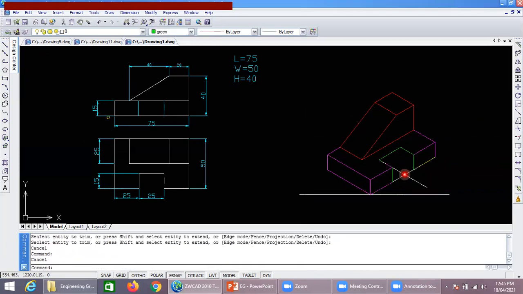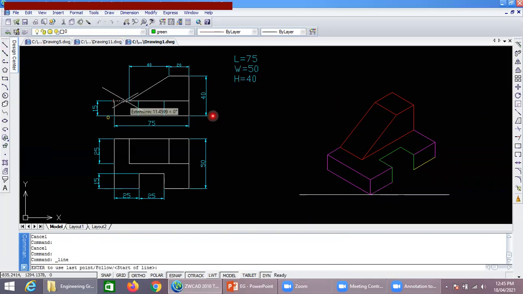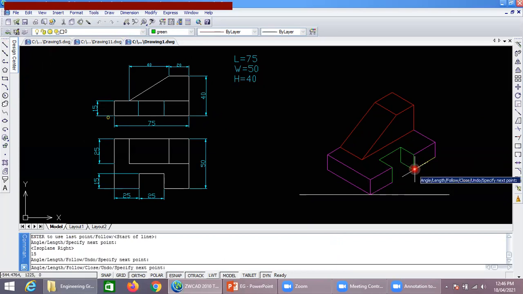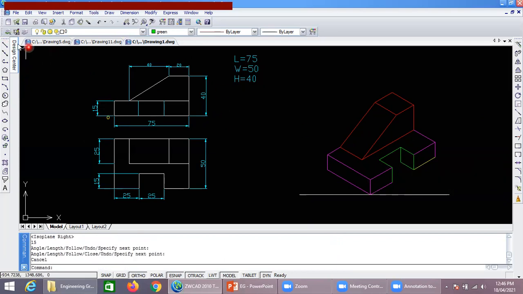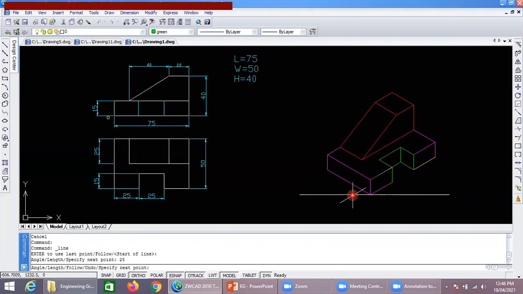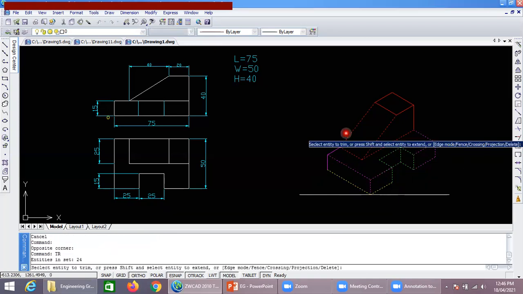We will construct the remaining portion as well. As we know, its depth is 15. So 15, close this one, and here it is 25. So this is how it is constructed.